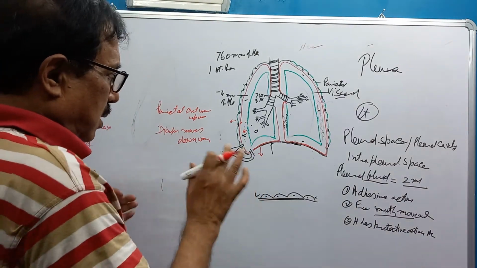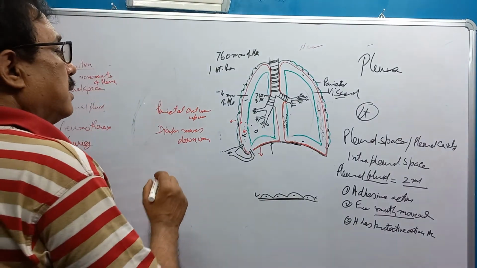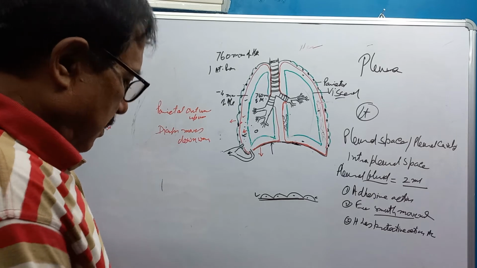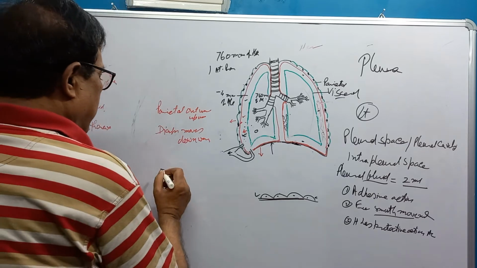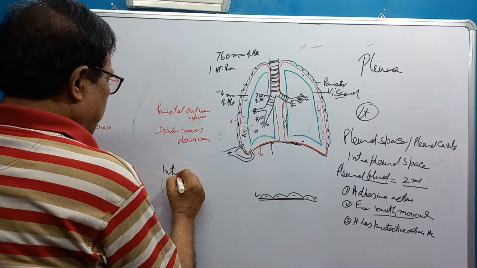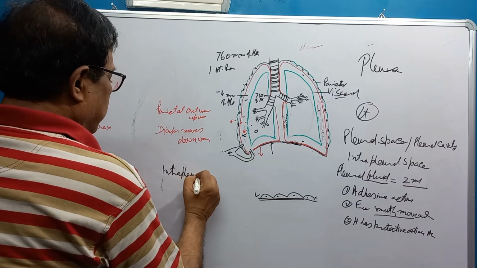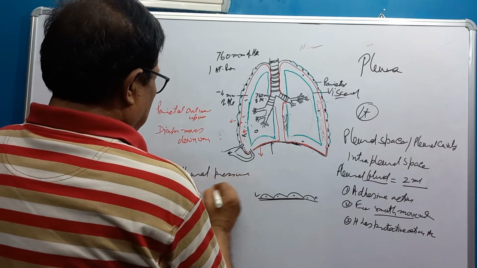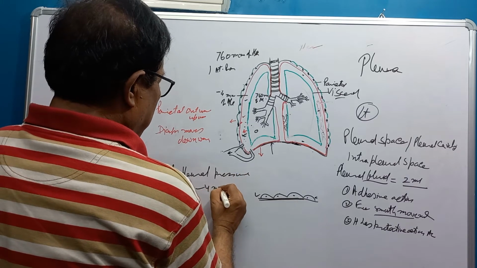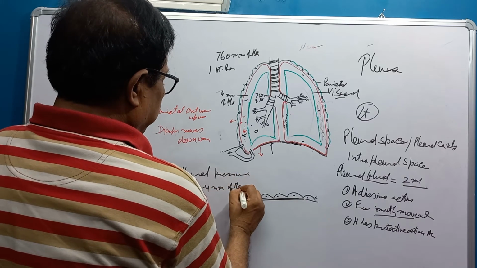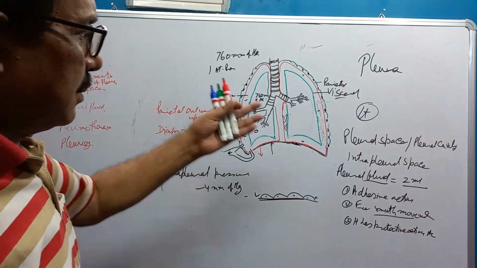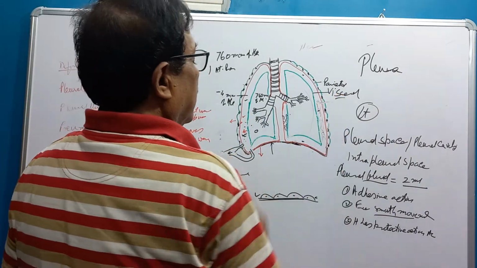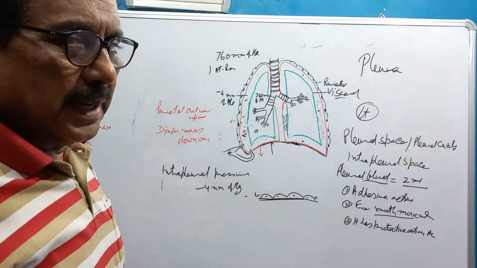This is about the normal. This has a pressure known as intrapleural pressure, and intrapleural pressure is minus 4 millimeter of mercury. So this is something clinical,